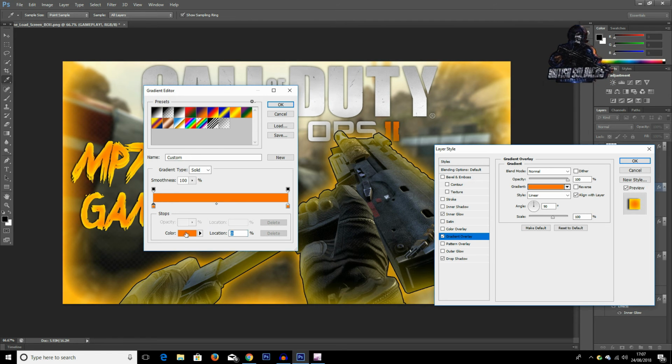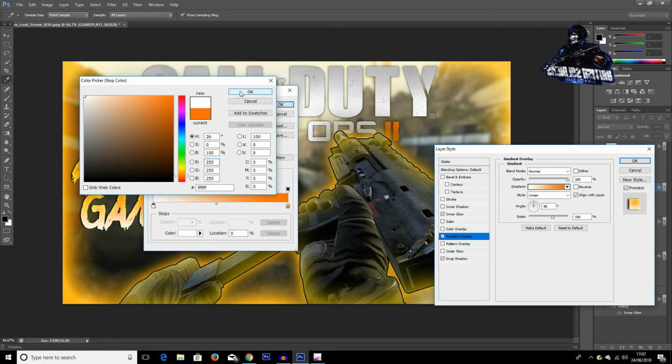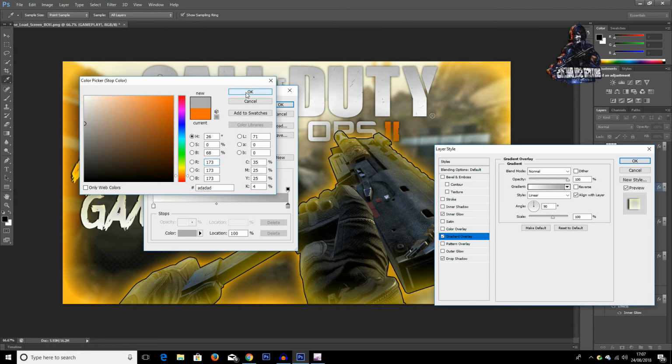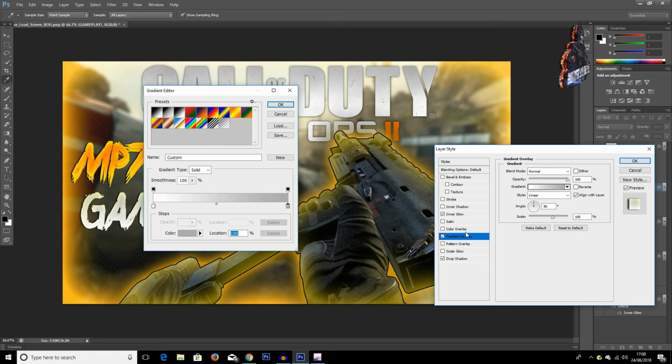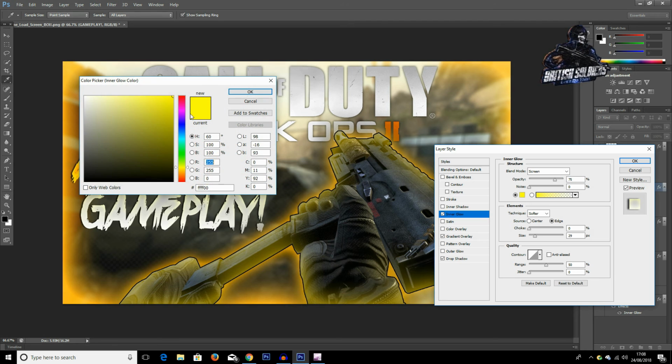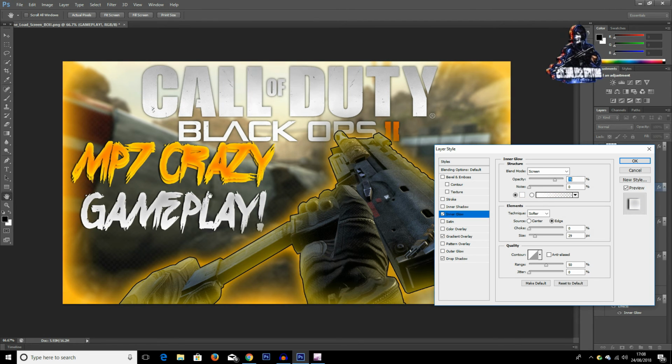Actually, no. We shouldn't have changed that really. Right, there we go. So we want to go for like a whitish color. On the secondary color, we want to go for like a grey. It just looks amazing. It really, really does just look amazing. So if we take the inner glow off, take the inner glow off like that, and actually no, we will have inner glow, and we're just going to